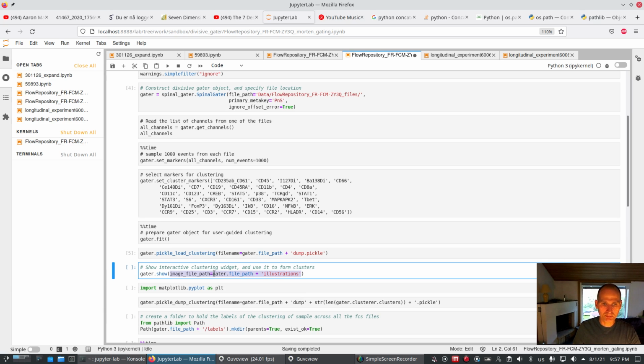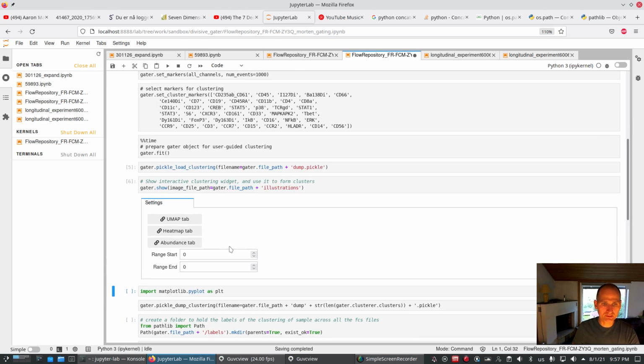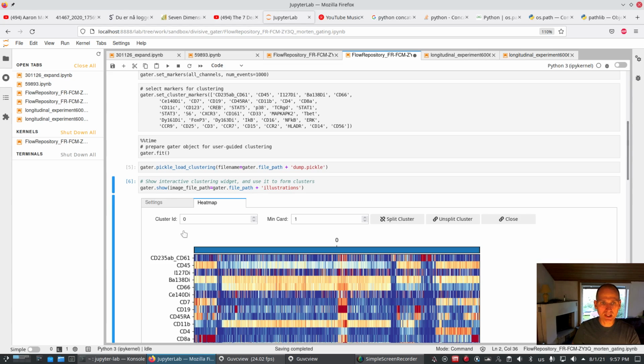So I'm saying the path is the path that the clustering object uses to get FCS files, and in there I make a folder called illustrations. So what happens if we open that? Then we're ready to do the clustering. And I'm going to do the clustering and not let you watch all the time while I'm doing it. I'll just get started. I make a heat map,